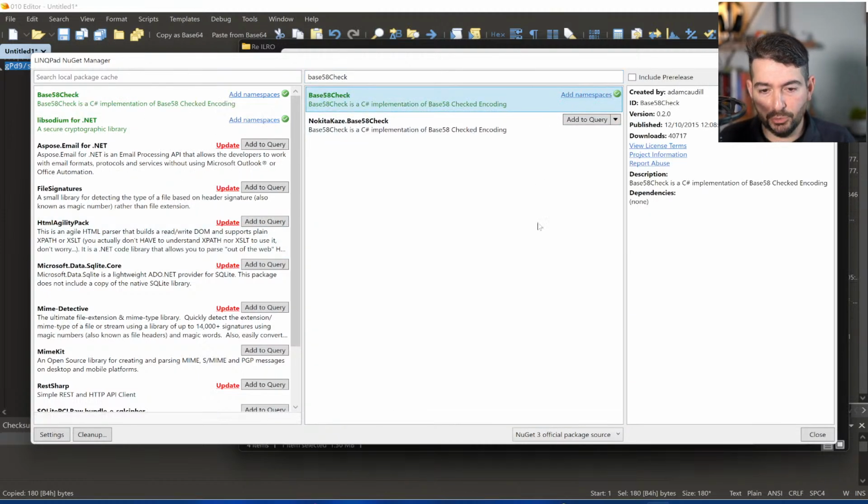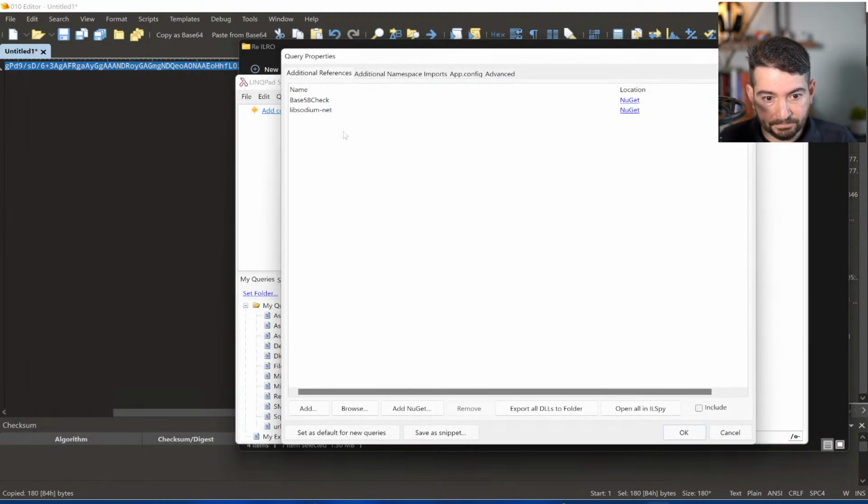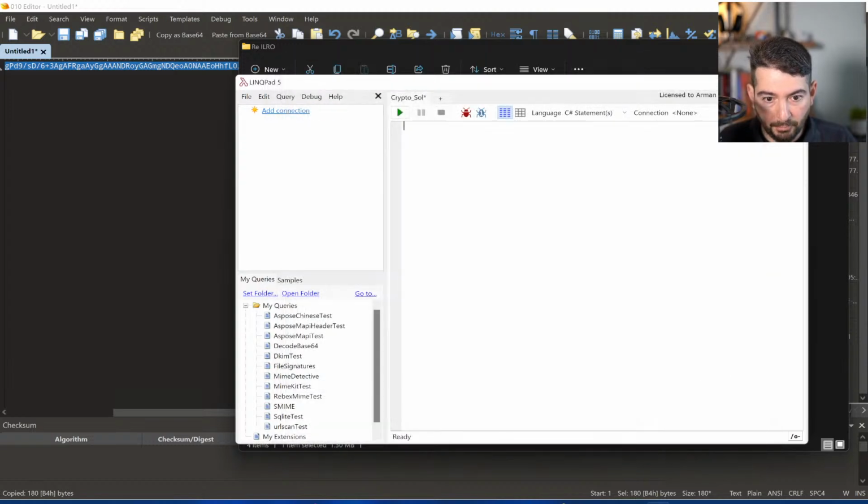Yeah, so libsodium is essentially a fork of that salt library. It's essentially similar functionality, but available for C#. So I've added my 2 packages, and I'm good to go. So what I want to do is, one thing that you should know is that I've looked at this